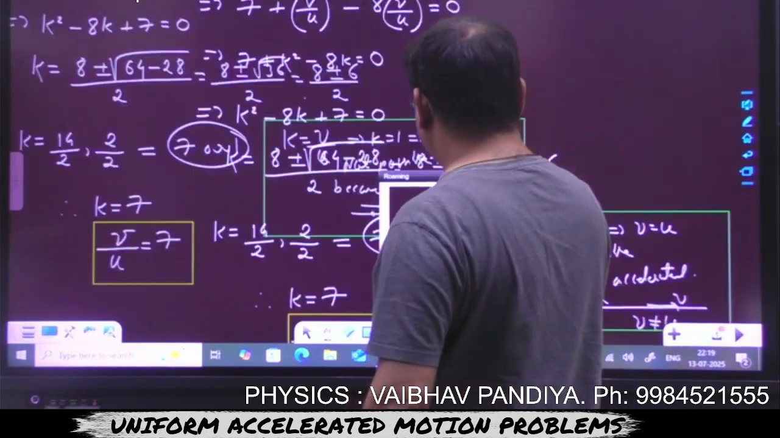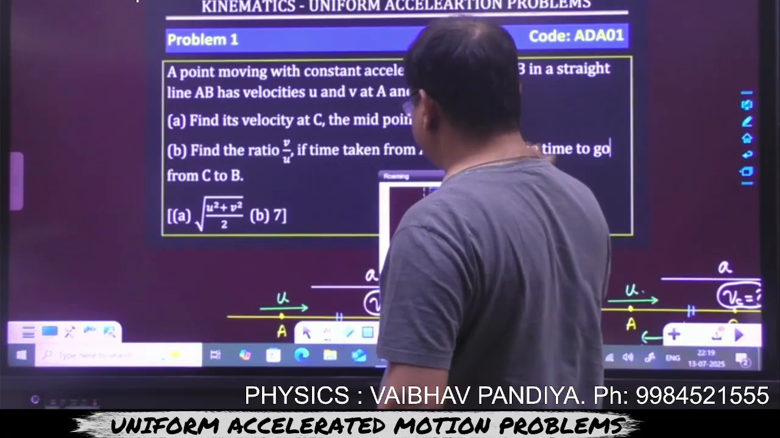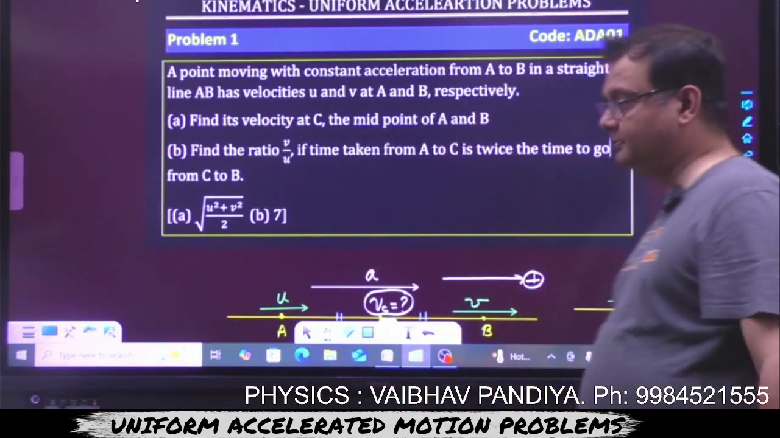So we got the answer to both parts of the problem. First we had to find the relative limit, that is coming to be root of U square plus V square by 2, and second we have to find